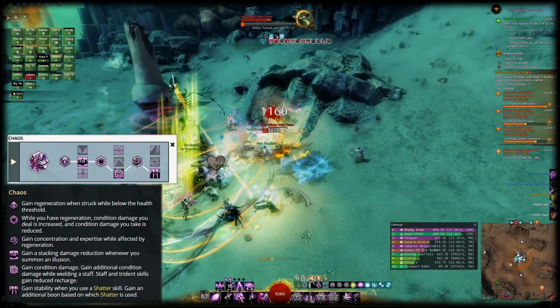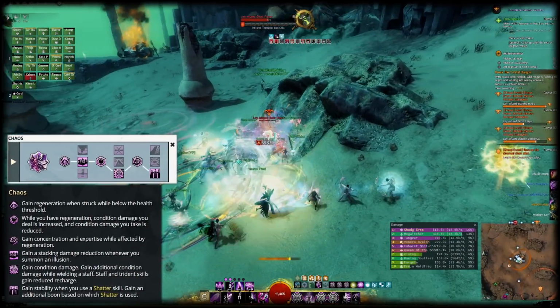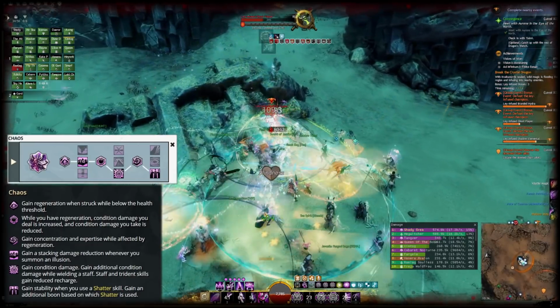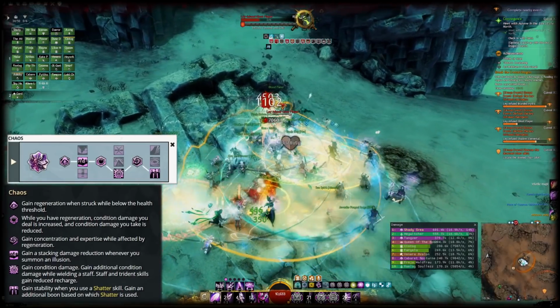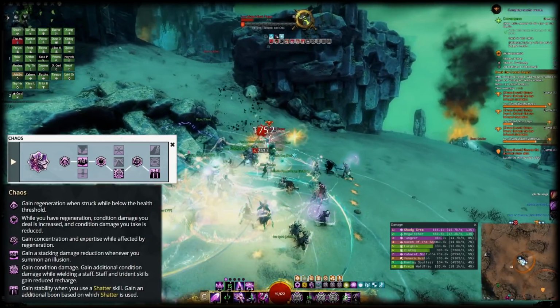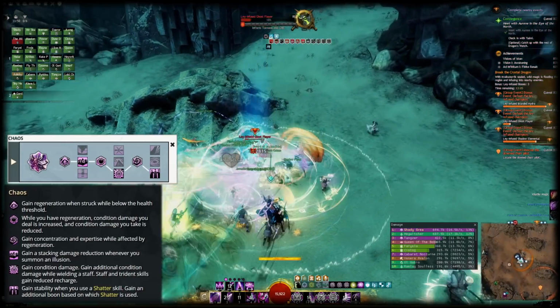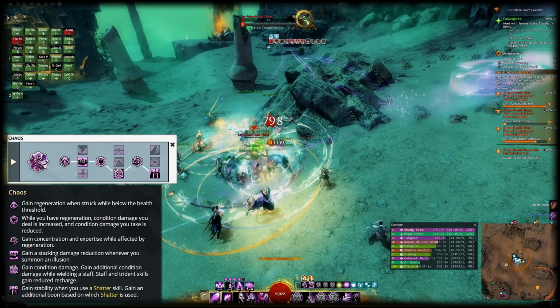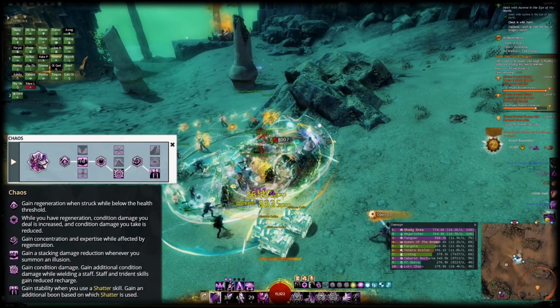Regeneration uptime should be good in most groups, making this incredibly powerful both offensively and defensively. In cases where it's not, you can also use Dueling instead. When you have regeneration, Chaos will give you an additional 120 condition damage, another 10% increased condition damage, and reduced condition damage taken. It also grants 240 concentration, well, not that you would grant a lot of boons, and